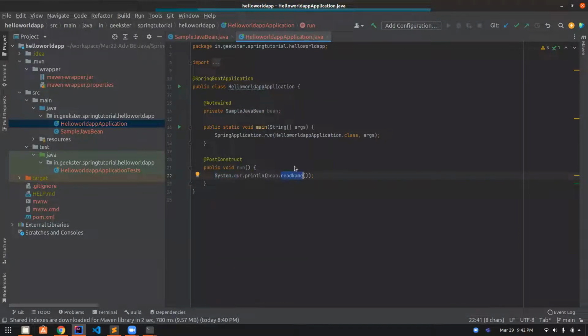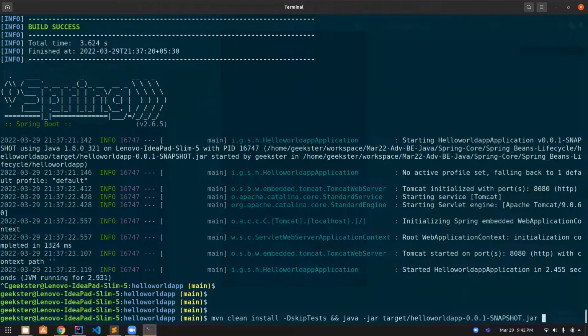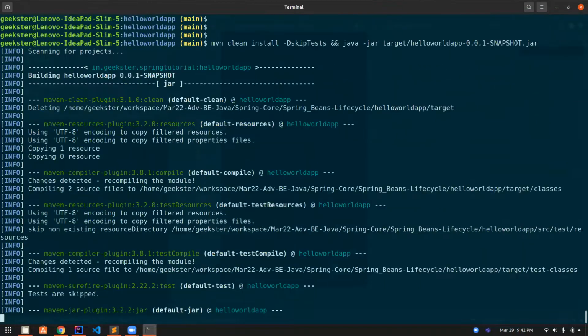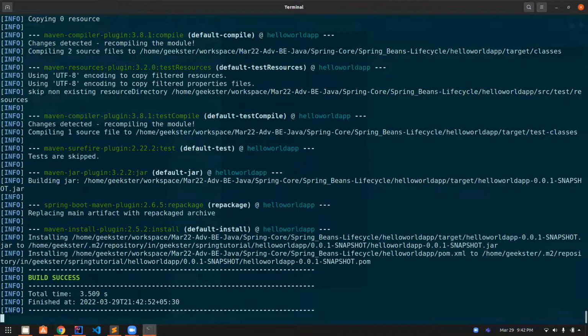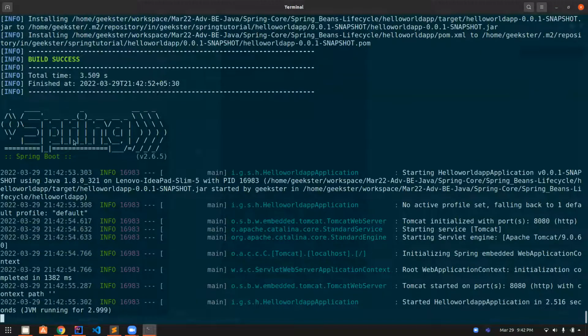Our bean is a dependency bean. I'm just calling a method on that dependency bean. Now, if I do not give this, and if I just run without this, you won't see that sample app line anywhere, because